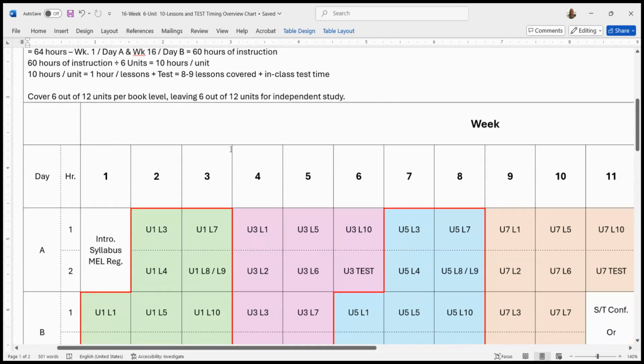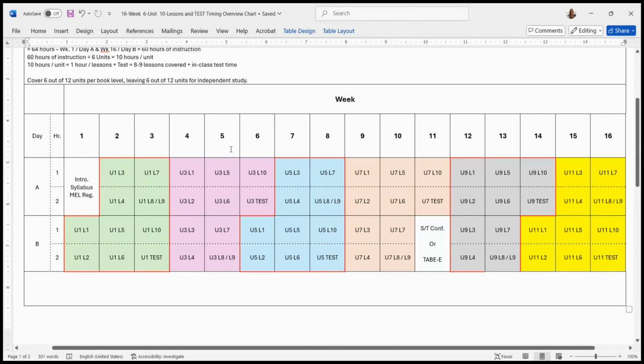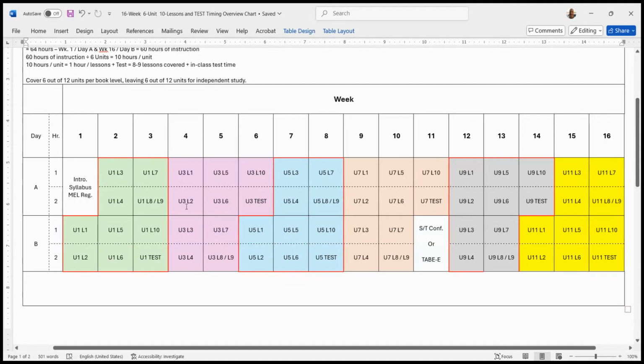But this is just a quick visual. I'm not saying that we should do odd units. I just chose this as a way to show covering multiple units of the book. So each unit gets 5 class periods. So 1, 2, 3, 4, and 5. Each class period is broken down into 2 1-hour sections. And so, for example, we could cover